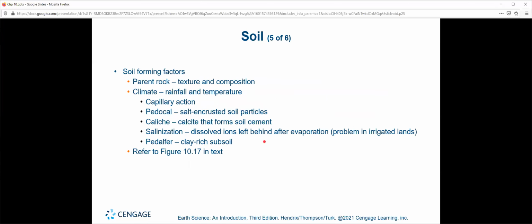How does soil form? Soil forms usually from a parent rock, right? As we said, all sediments come from some original source material. What that source material is dictates what soil you have. And same thing with a beach. You get sandy beaches from certain source materials and conditions of water, and then you get rocky beaches from different source materials and conditions of water.